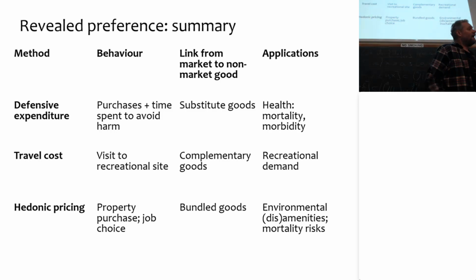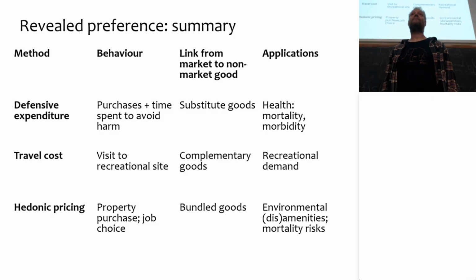So to sum up, we looked at revealed preferences, right? I talked about three methods: defensive expenditure, travel cost, and hedonic pricing. Looked at this type of behavior that we were looking at. I'm looking at purchases for stuff that replaces bad quality water or bad air, or mitigates its consequences. Look at travel costs, it's essentially entrance fee to go someplace that you like, or hedonic pricing, where you buy something and then you just happen to buy the environment with it, right? I also looked at some of the applications for recreational demand, for health, and for